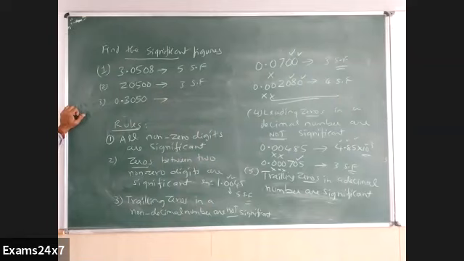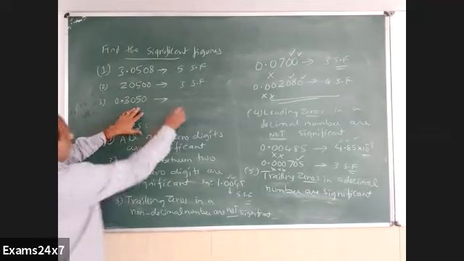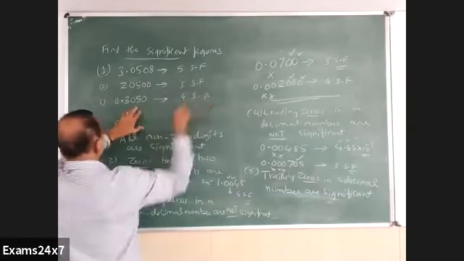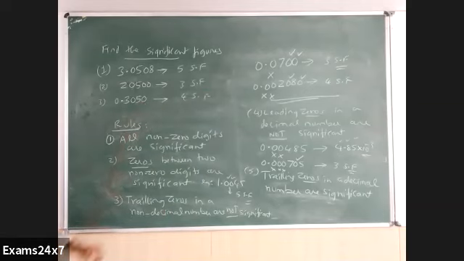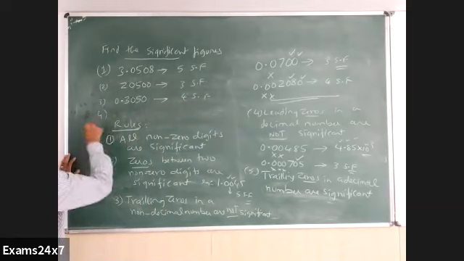Sudeep present? 4 significant figures. No, your voice is not clear. Some problems there in the device. 0.3050. 4, sir. 4, correct. 4 significant figures, right. These two zeros are significant. This is 0 between two numbers and this is trailing decimal number. So 4 significant figures case it is.